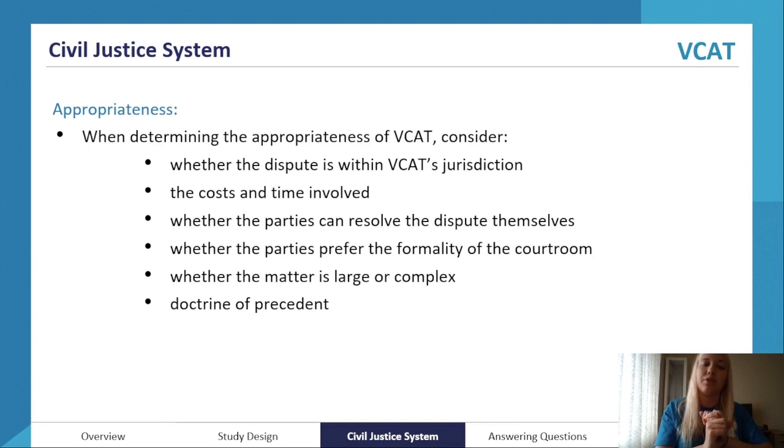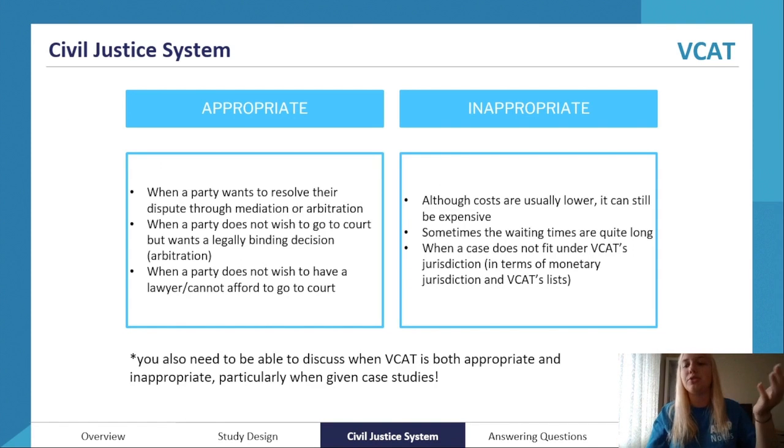You can apply based on the amount of damages given. None of that, only on a point of law. So there's very limited opportunities for an appeal. So VCAT is appropriate when a party wants to resolve their dispute through mediation or arbitration, because that's the methods